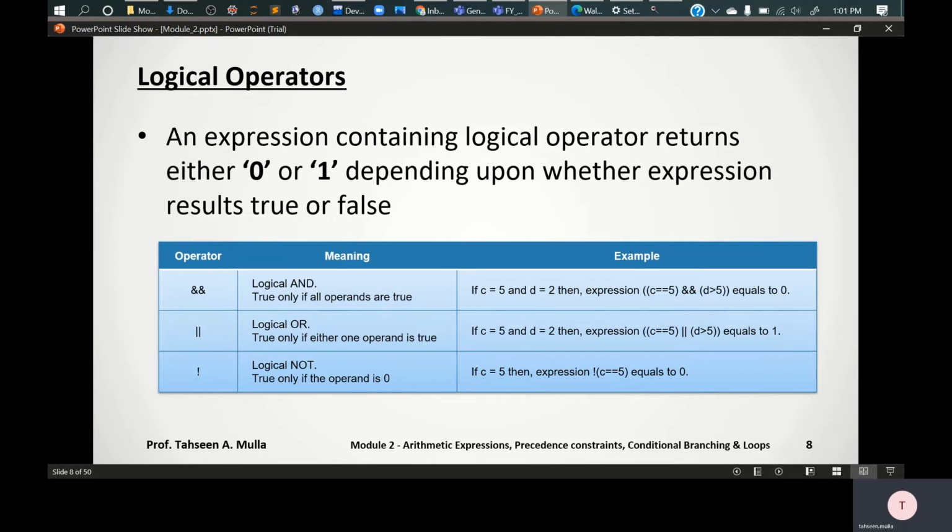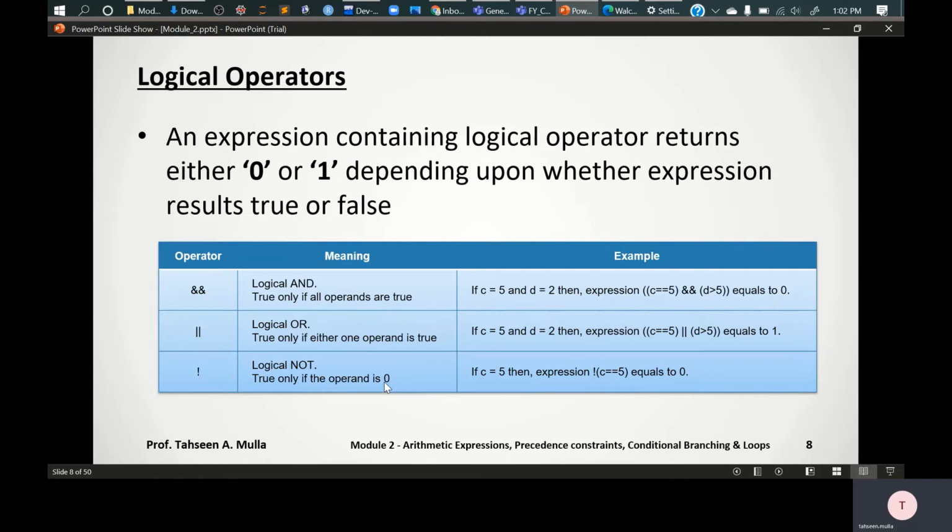So we have three different logical operators: logical and, logical or, and logical not, right? Talking about logical or, it is true if either one of the operands is true. In logical and, it is true only if all the operands are true. Whereas in logical not, it is true only if the operand is 0.